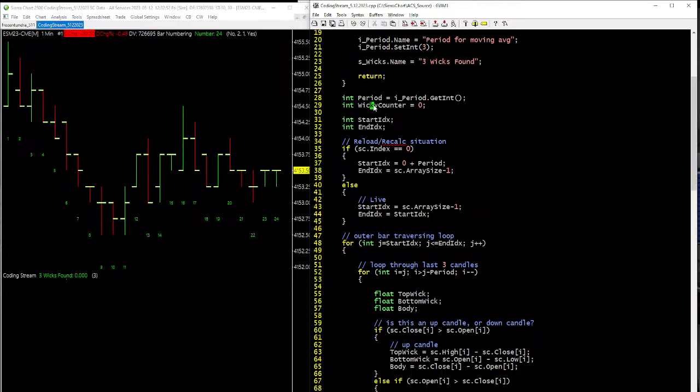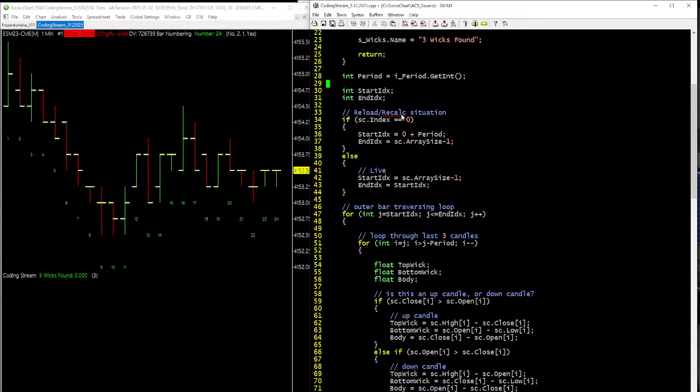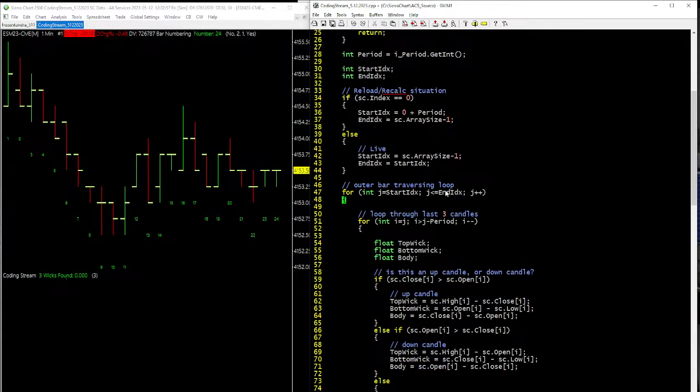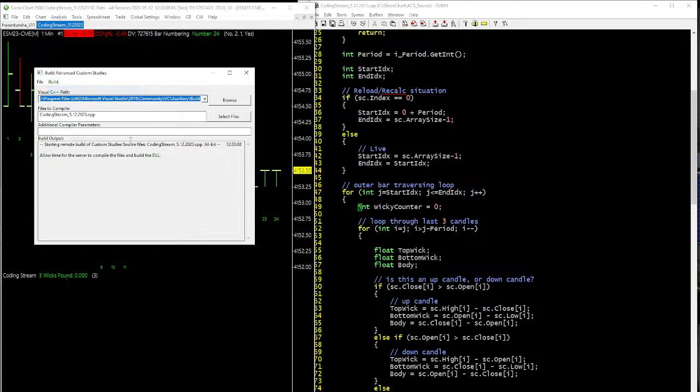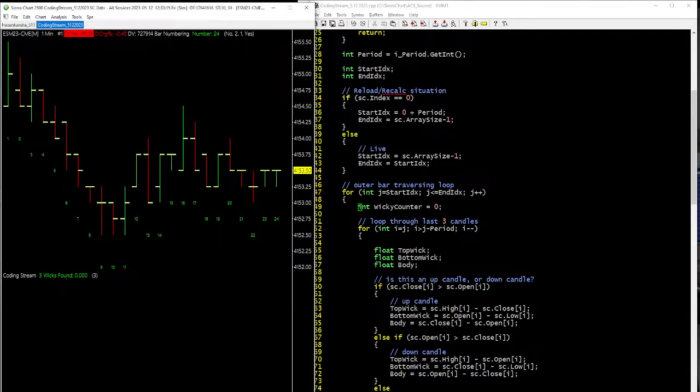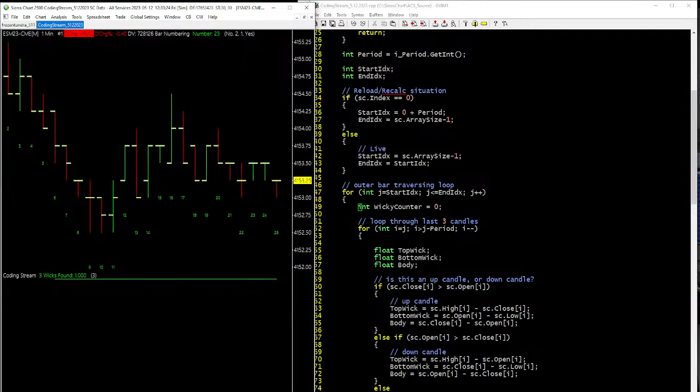No, it's not. You know what we have to do? We have to move our wick counter into our loop right here, into our outer loop, because it needs to get reset as it traverses through each bar, otherwise it'll remember. So let's go ahead and recompile that. And let's see what we get now. Ooh, now we got a line right here. We got a line right here, and it is